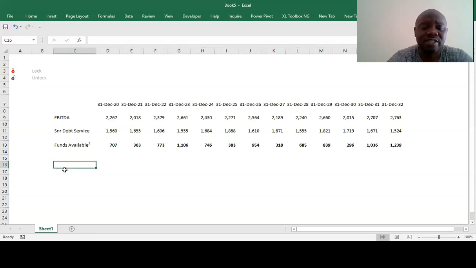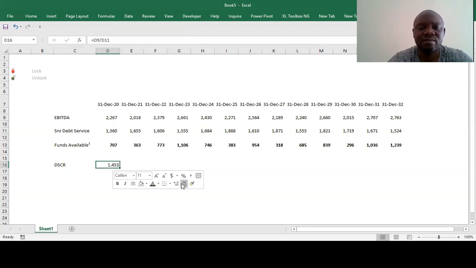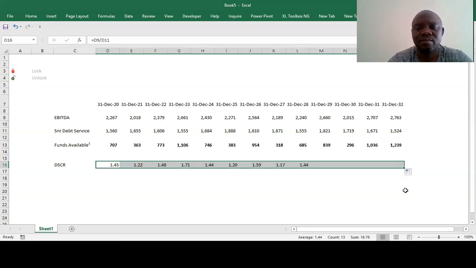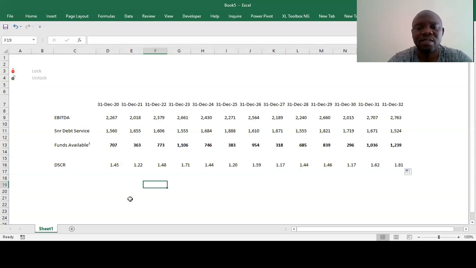Then we'll also need to calculate the debt service cover ratio, which will be basically our EBITDA divided by the senior debt service, giving us this. Now, this is your projected. Based on this model, this is your projected.